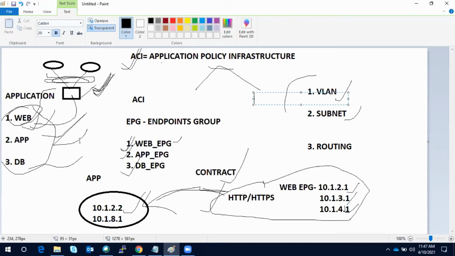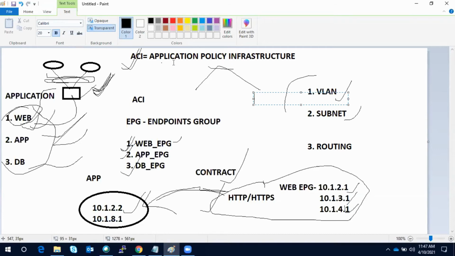Here I bring this point because you are aware, but many guys are not aware. So I was explaining why we call it application policy infrastructure. Because if you are grouping based on VLAN and subnet, then anybody from this audience can ask: if you are still doing VLAN and subnet, then why is it application?